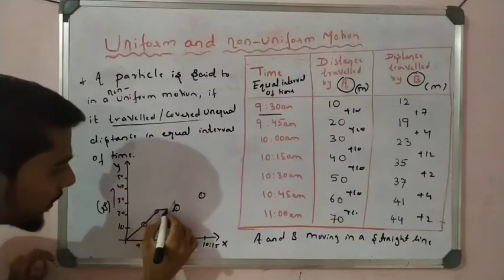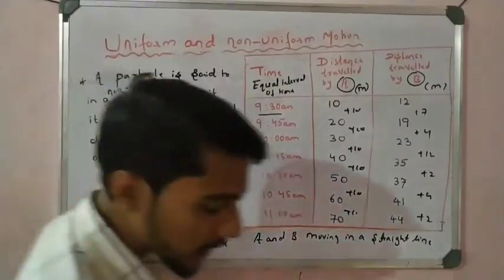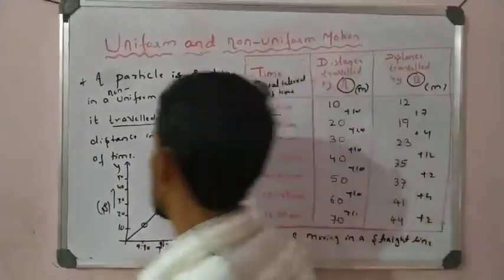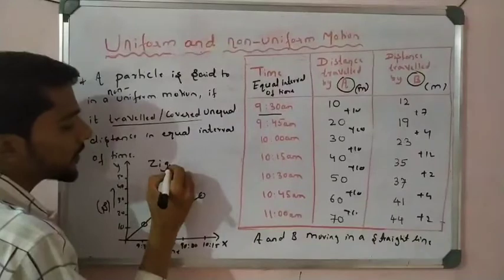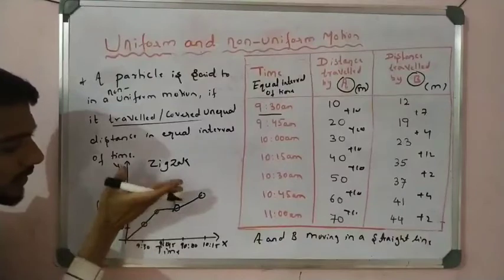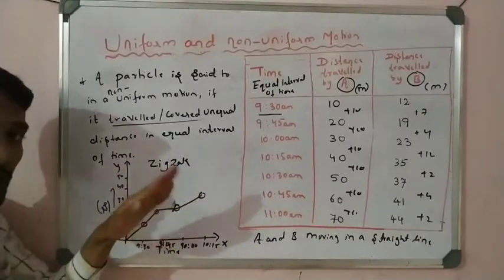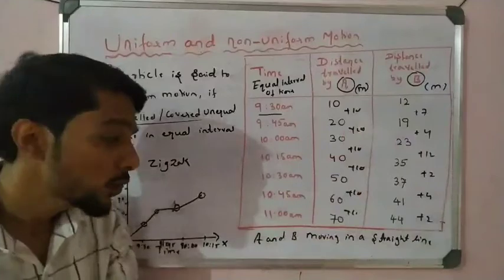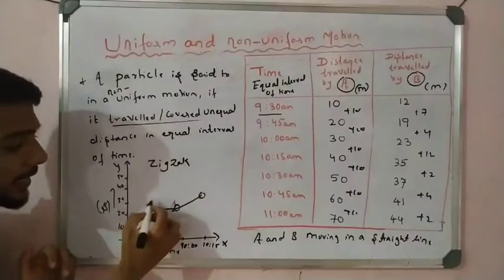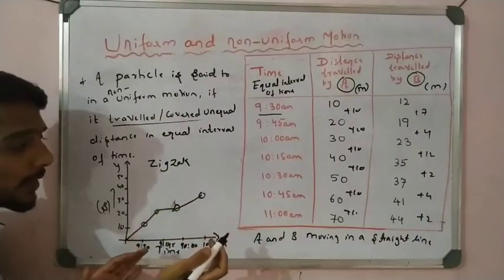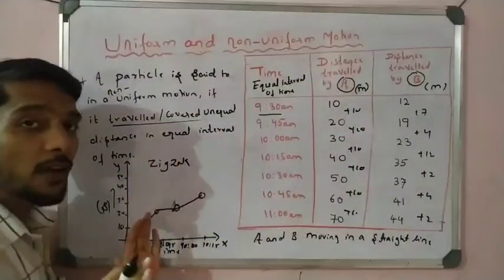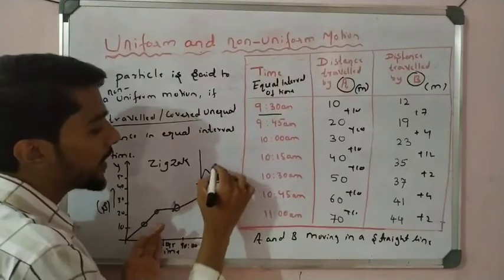See here, it is not a straight line. If you use a graph, you get a zigzag motion. This is called a zigzag line, not the same, it is zigzag. First it increases, then normal, and then increases. It shows the irregularity in distance. So that is a zigzag graph. If the graph is not straight, it is like that: increase, decrease, same, increase. Such a graph is called non-uniform motion. So if you take graph paper, you get exactly a graph like that.